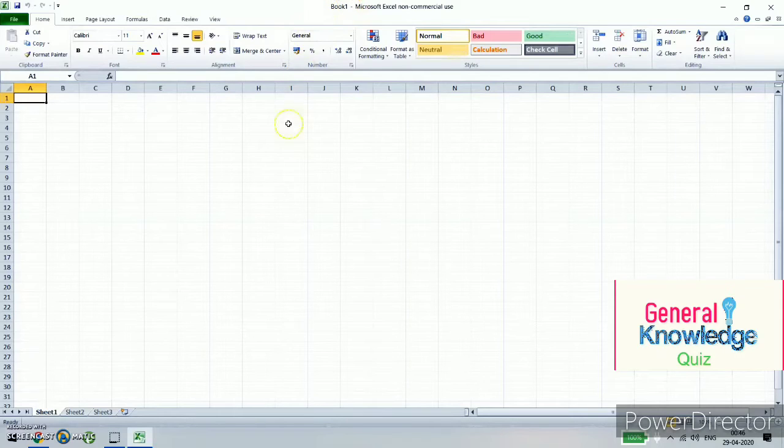In your workbook you will find 3 sheets open. These sheets are also known as worksheets. If I want to insert another worksheet, I can just click on this worksheet tab there. You can see Sheet 4 has been inserted. Come back to Sheet 1.